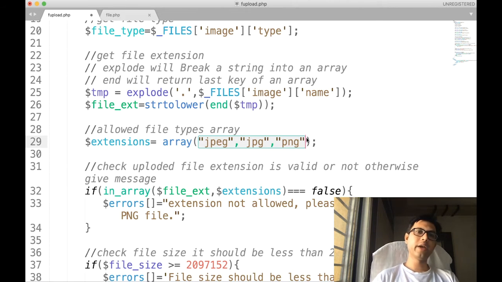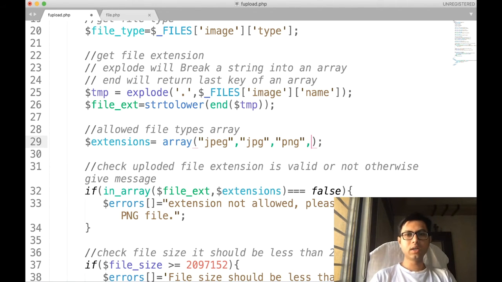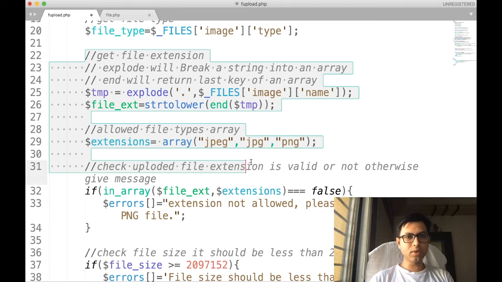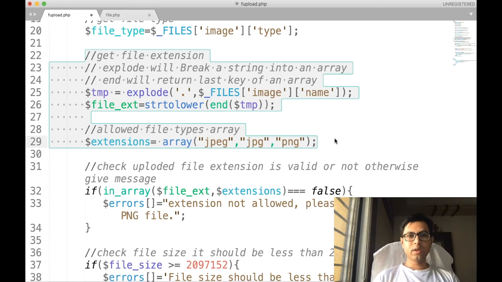valid image extensions. Of course, you can use other image extensions like bitmap, etc. So this is up to you what you want to include. Right now we are working with these 3 file extensions only. So what is the use of this much code? To get a valid file extension. If you remember, earlier I said that we designed this program to upload images only. That is why I am checking that the extension is an image file or not. That is why I had written this much code.